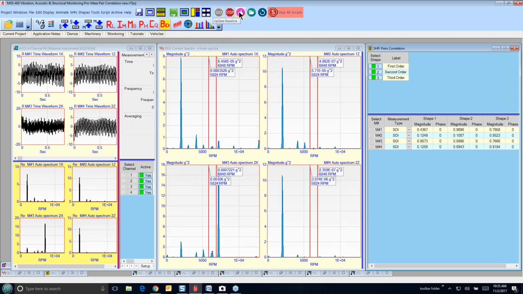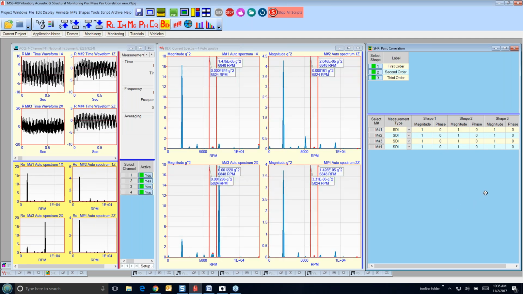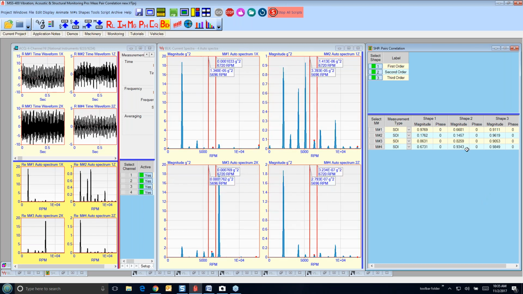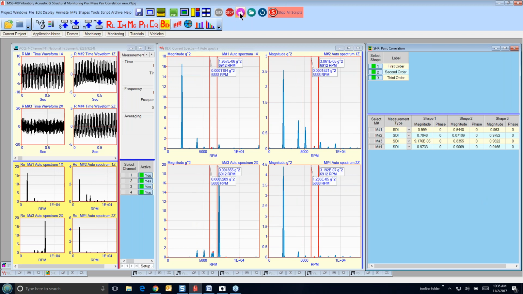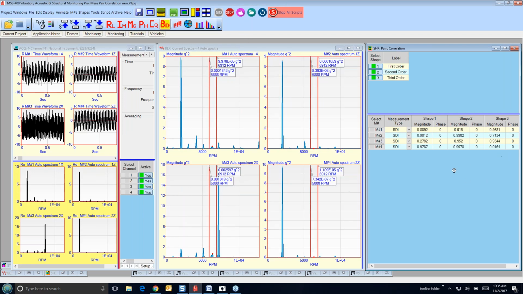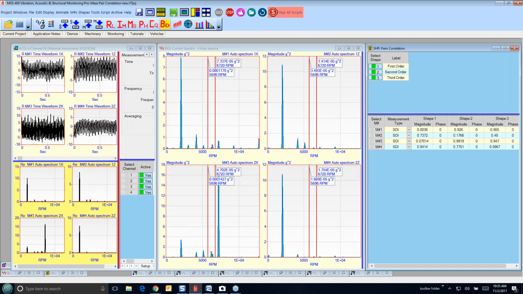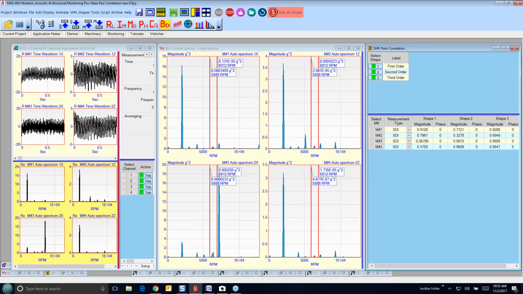Now, if I update the baseline, I'm going to push this button right here to update the baseline. All these SDI values turn into 1. Let me do that again. I'm going to update the baseline. You see, they all become 1 because now my current and my baseline are identical over those 3 frequency bands.